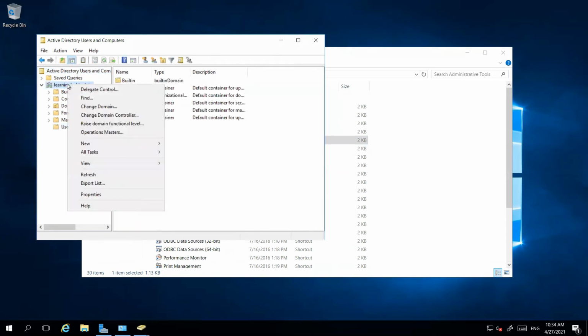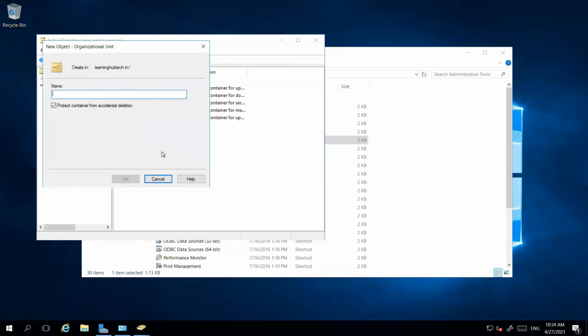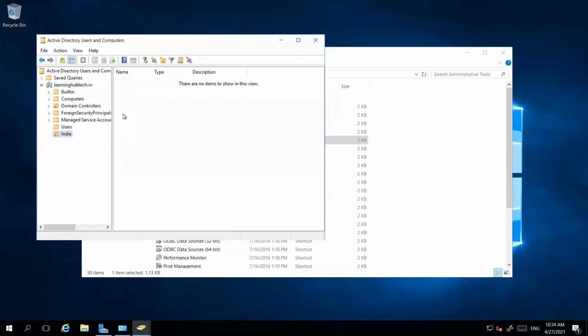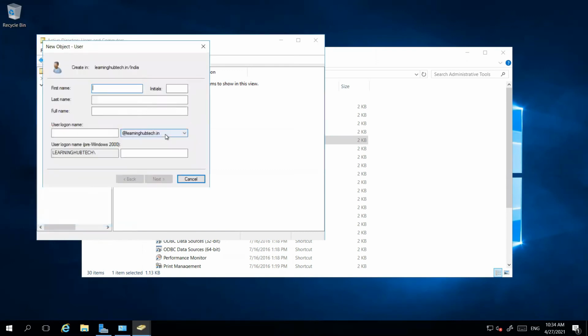Let's create one organizational unit inside it. Go to organizational unit and let me call it India. Okay. And inside that, I'm creating one user account. So go to new user account. Let me create one normal user just to show you whether the sync is happening or not. So this is your user one.